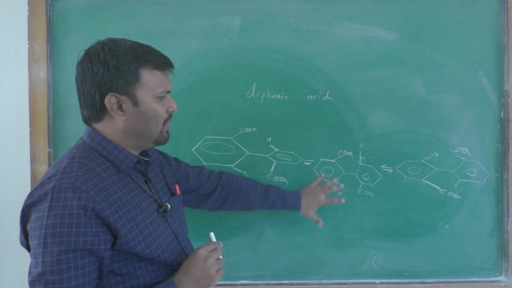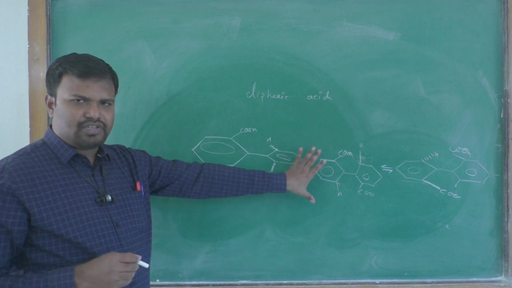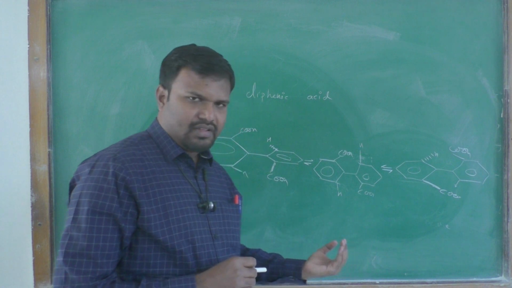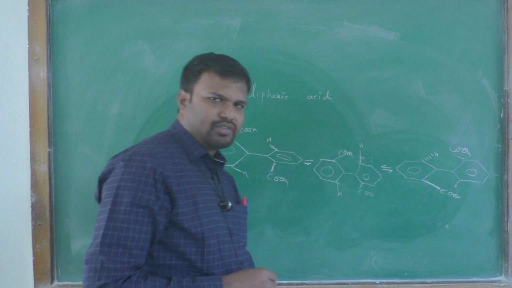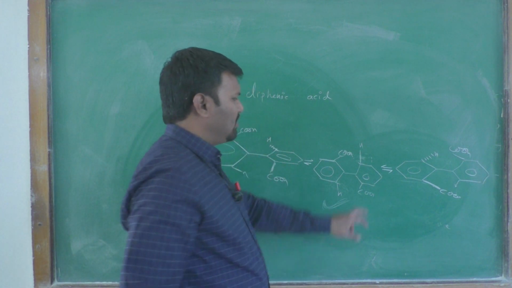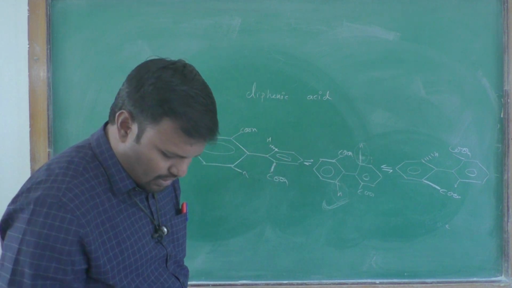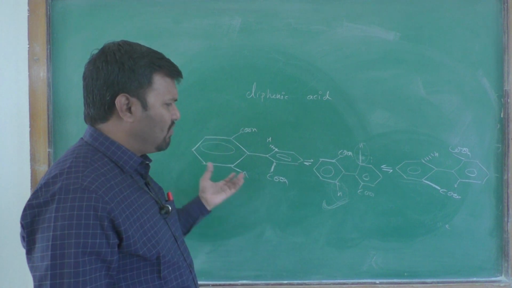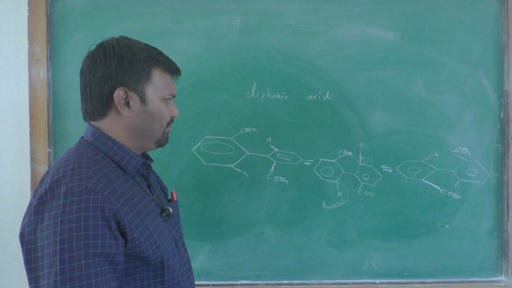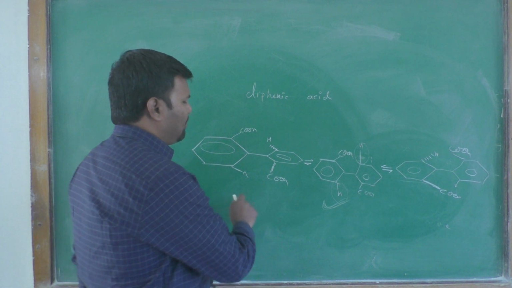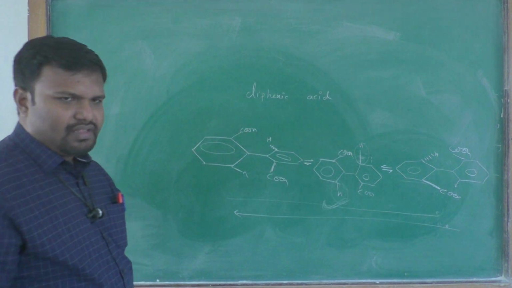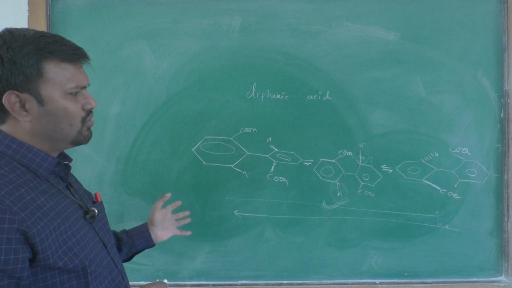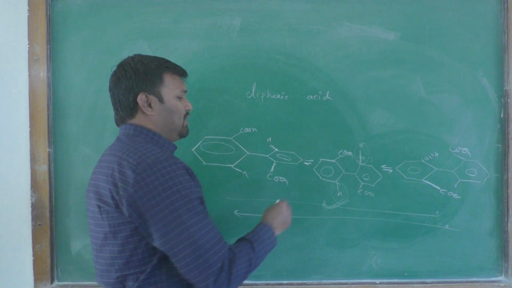Both enantiomers get converted to each other via this planar step, and if the energy barrier between these is low, then the first easily gets converted to the other enantiomer, because it requires less energy, as this group is a small group. Therefore the bending takes place easily, and one enantiomer gets converted into the other easily. So this molecule is continuously flipping from one form to the other, and therefore it is not easy to resolve one enantiomer from this compound. It shows optical activity, but its planar form